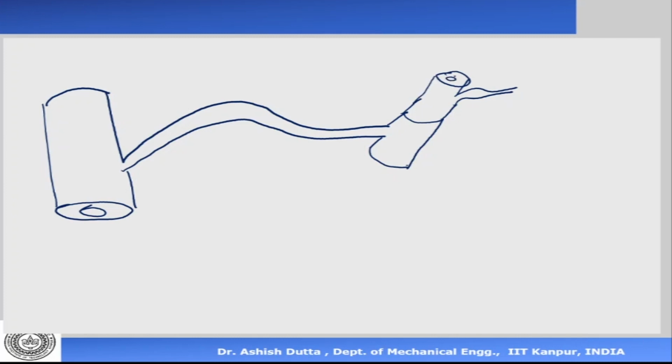Okay. So you can imagine that this is an axis. Okay, so there is a previous link on this side. So the shape need not be a very nice straight line. It can have any curve, and it can have any shape in 3D. Okay. Now how do we start? Let us start by assigning our z-axis. Z-axis is the axis of rotation or translation. Now this is a revolute joint. So this is my z-axis.